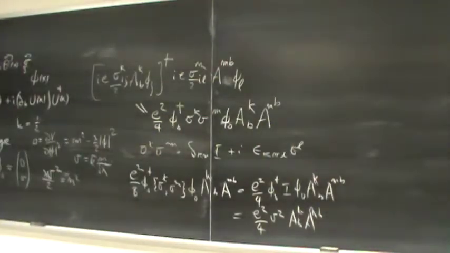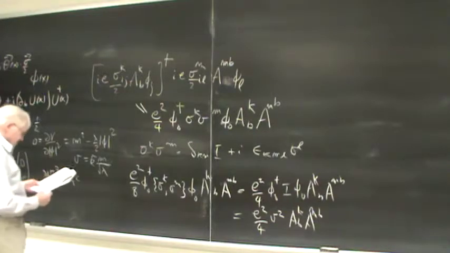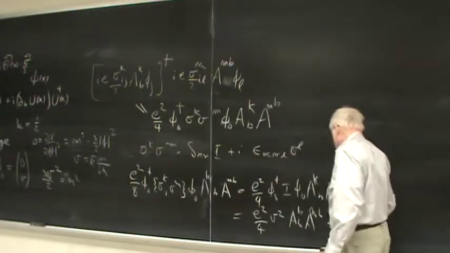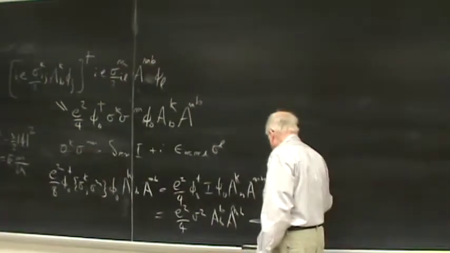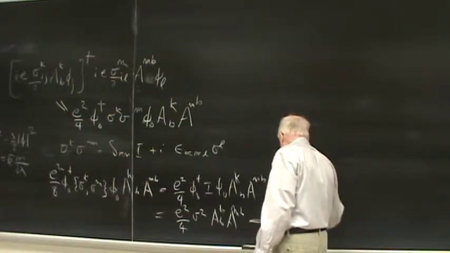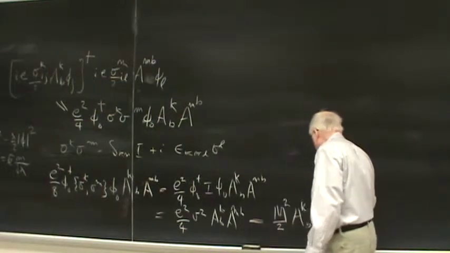I have an 8 here, so I guess there's a factor of 2 off in my notes. In any event, this thing is m squared over 2 A k b A m b,